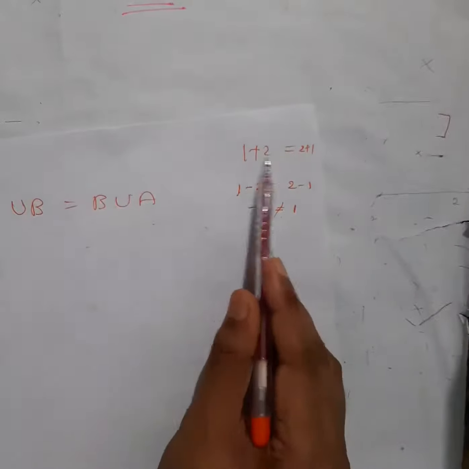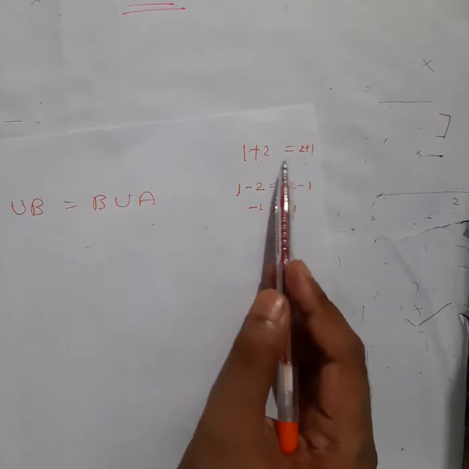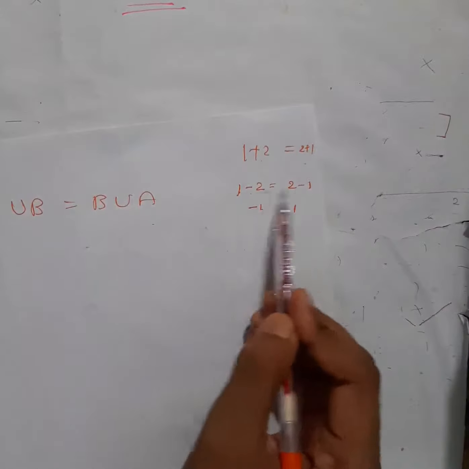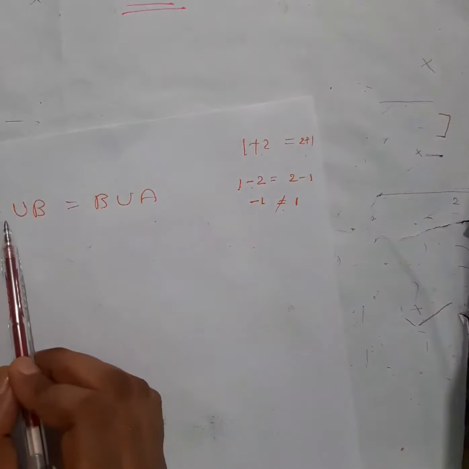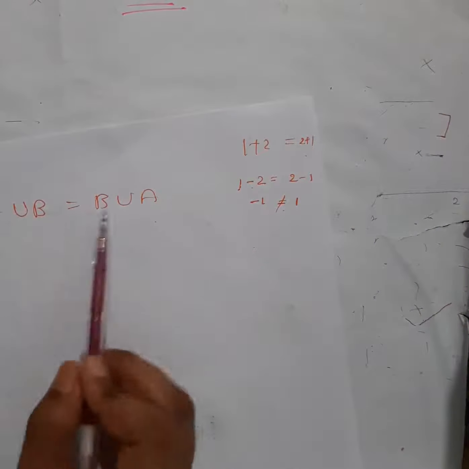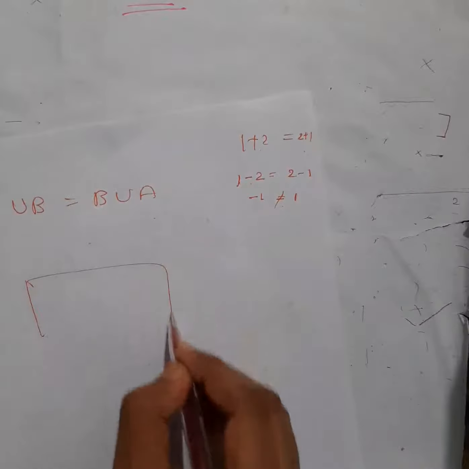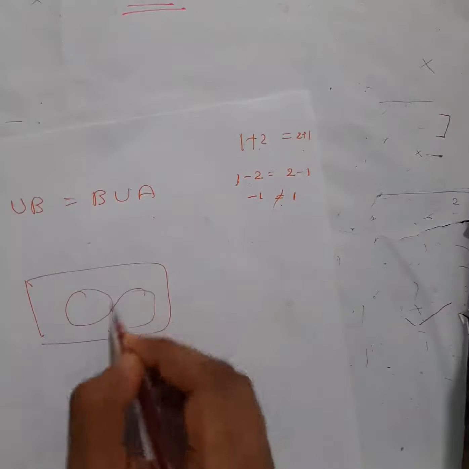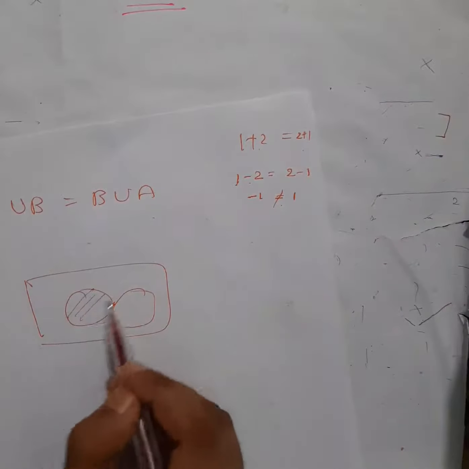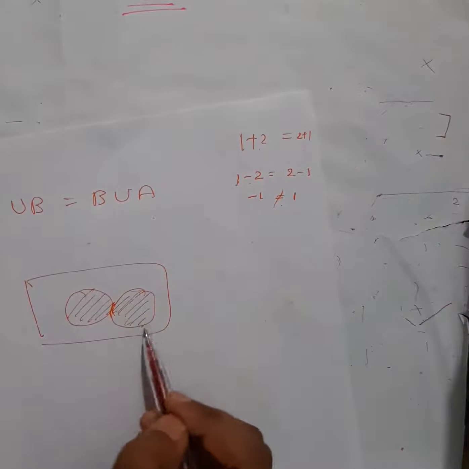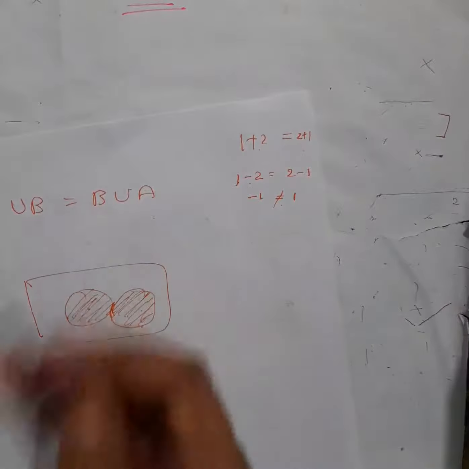So that's what you have to check in union also. In case of addition, you know that if you change the position, it will be the same, right? But in case of subtraction, if you change, it won't be the same. So the same thing you have to check here. In case of union, what happens? If you change the position, will it be equal or not? So how to find out? Very simple, from the Venn diagram only. So A union B is which one? This portion. Now B union A is which one? You will say this one only, right? So obviously these are equal.